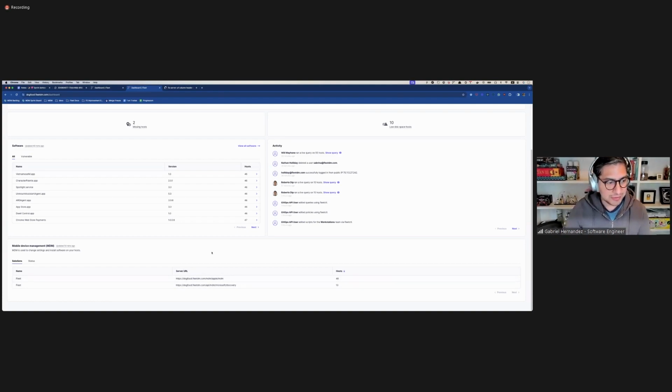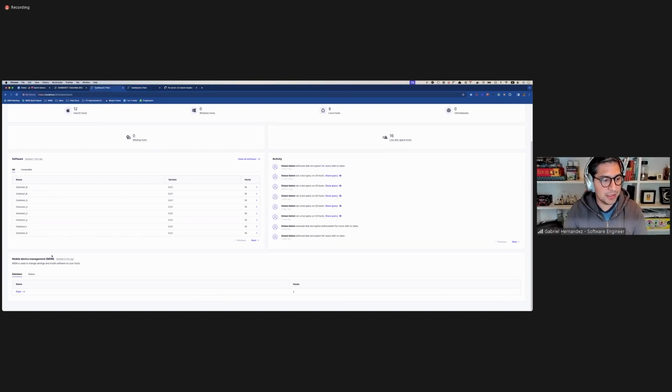But the issue was, and you can see it here, it's slightly confusing in that we have two MDM solutions, both named Fleet, and you're getting slightly different information for what seems to be the same solution. So the feature was to roll up